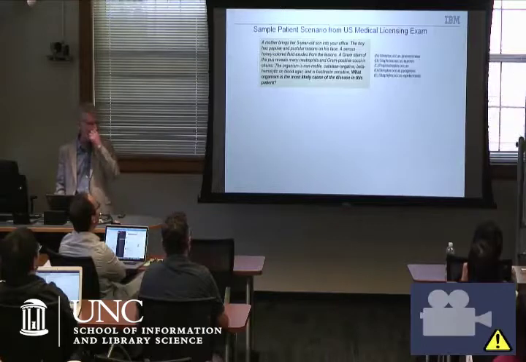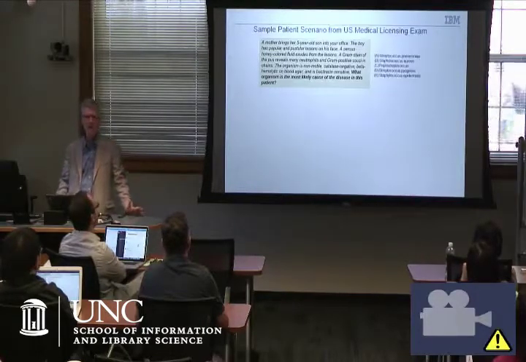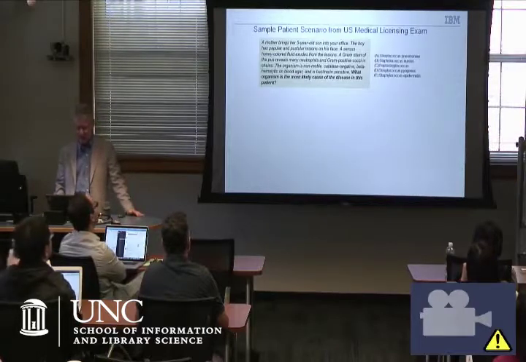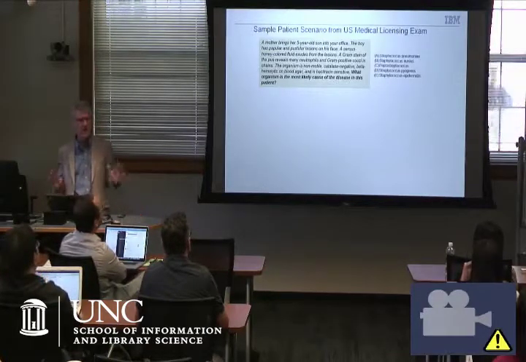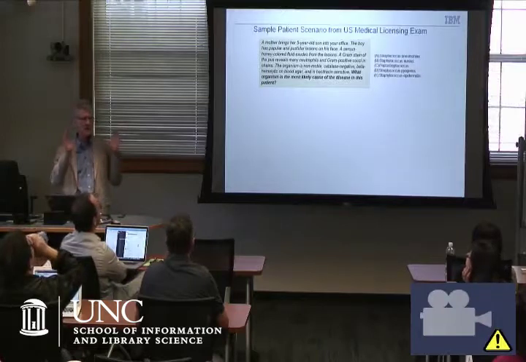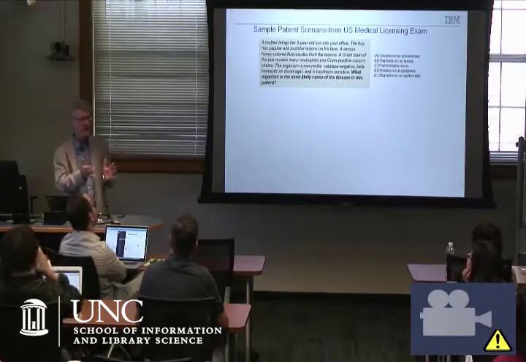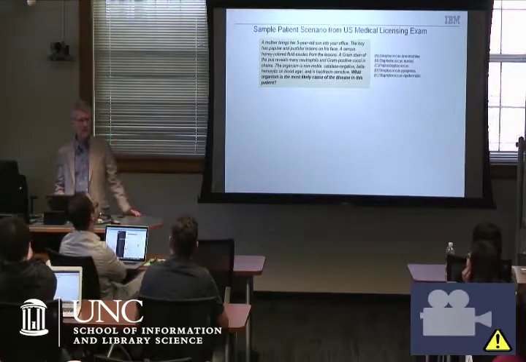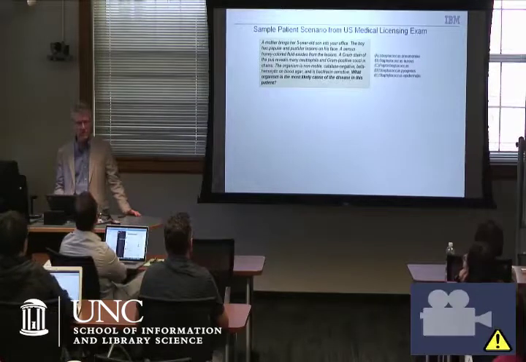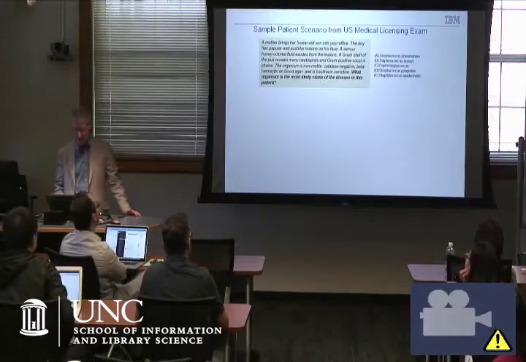Unlike Jeopardy, the USMLE questions come with answers. You have to choose the right one. There's typically 5, but it could be as many as 8. So we need to build a system that gets from the scenario and the question to the right answer. Quite different from how we solve Jeopardy questions.